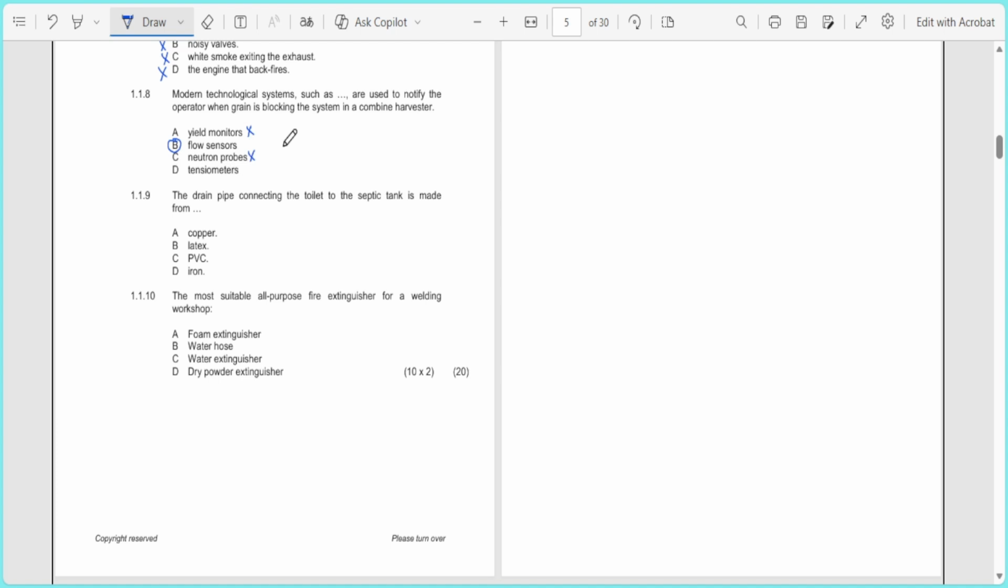Tensiometers measure soil tension for irrigation, so this one is out. So flow sensors, yes, is the correct one. 1.1.9, the drain pipe